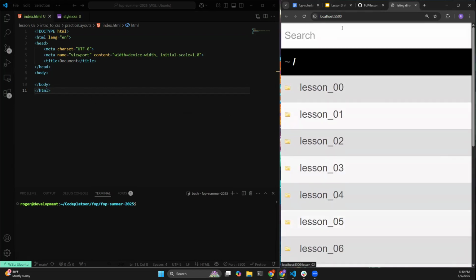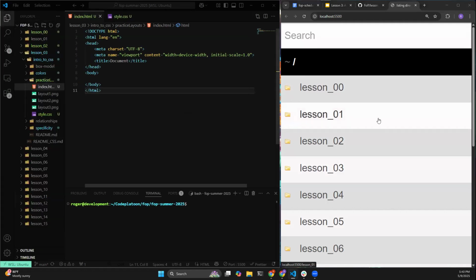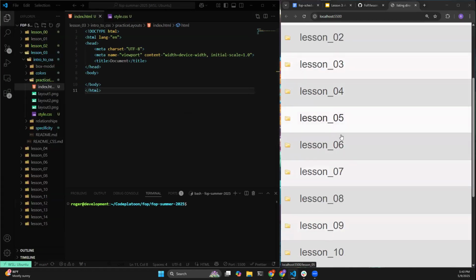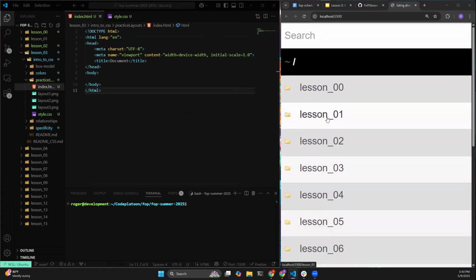So if you get something like this, what this is essentially doing is opening up the directories that you are currently in inside your browser. This is not exactly what you want. You essentially just want this to open up only the HTML file, but my live server is not properly set up. But if you do get something like this, all you have to do is go to the folder